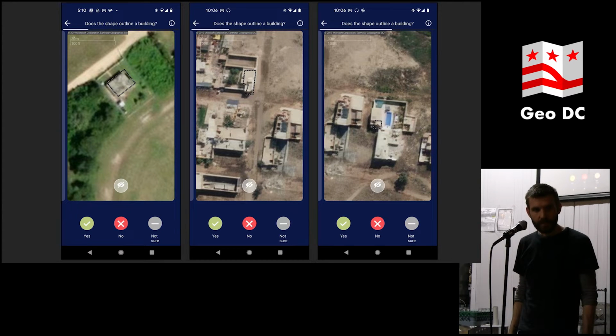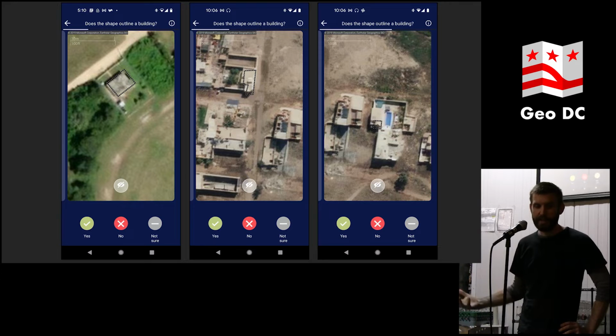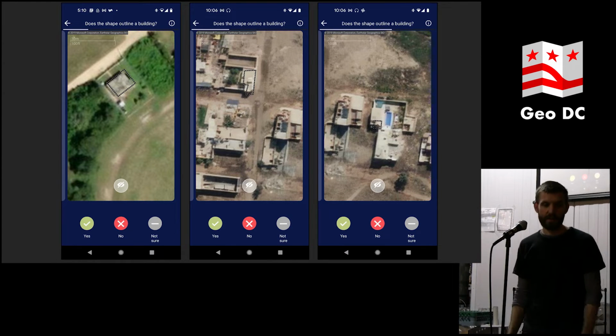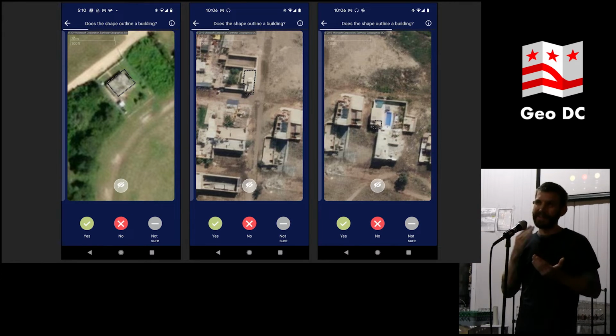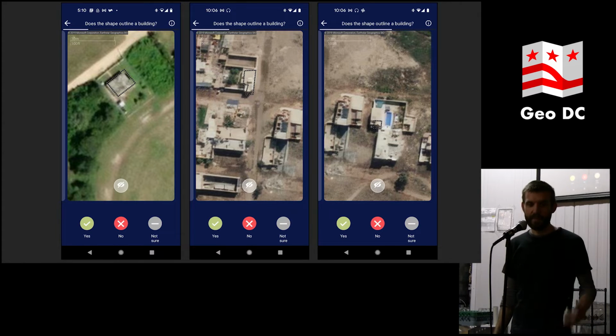We have a lot of volunteers that want to contribute to OpenStreetMap, to humanitarian activities, things like that. A lot of times we might have them just for a short event, especially like a virtual event during the pandemic. And so you have to consider what can we do in 10 to 15 minutes of training when somebody is on their computer, maybe not paying full attention, and then also you only have them for an additional 45 minutes. So this kind of quality control in the MapSwipe